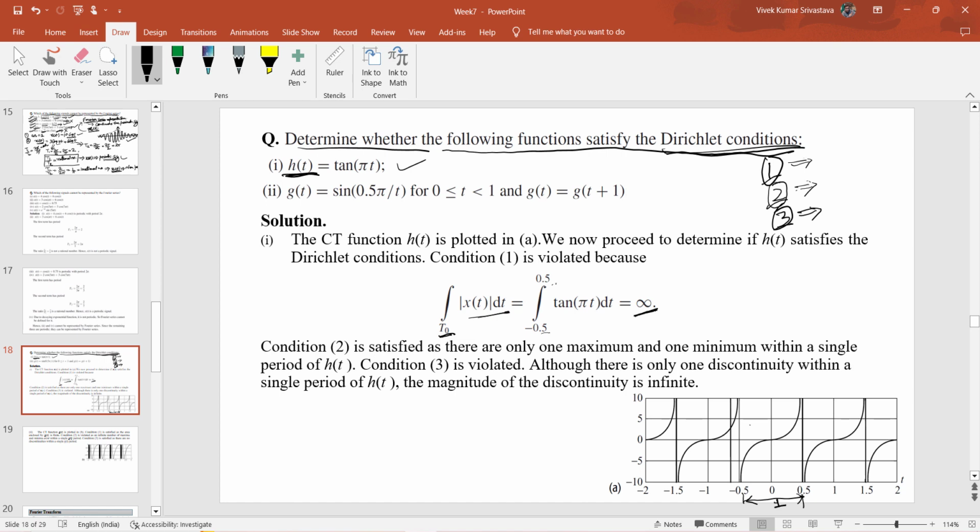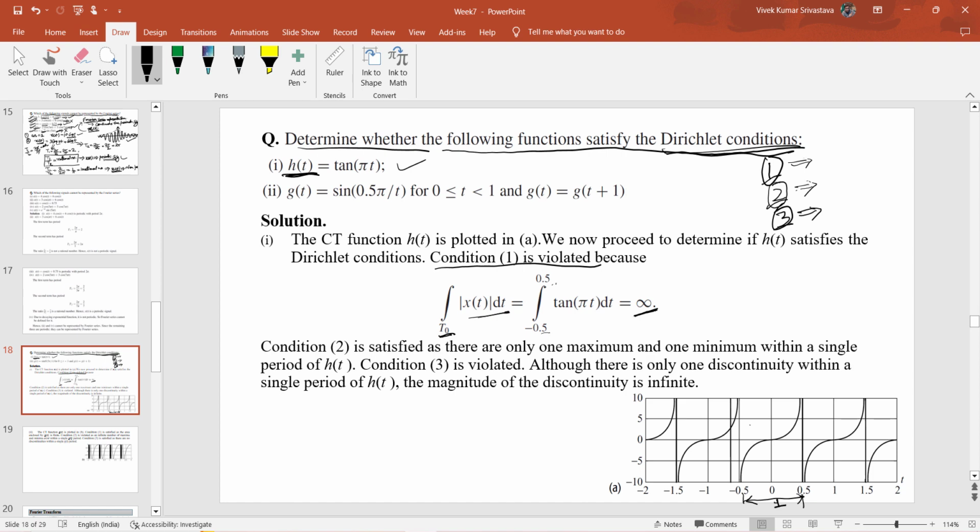It means that the signal is not bounded. So it violates condition 1, that it must be absolutely integrable. However, it has a finite number of maxima and minima,